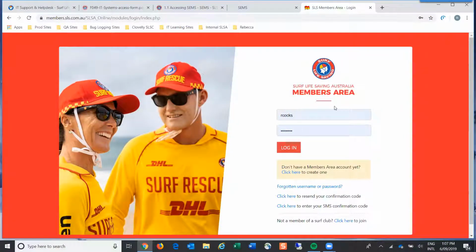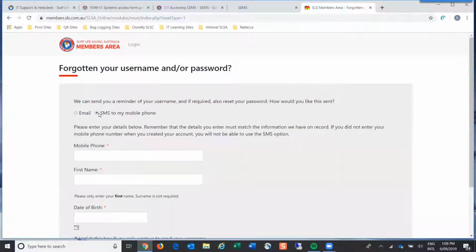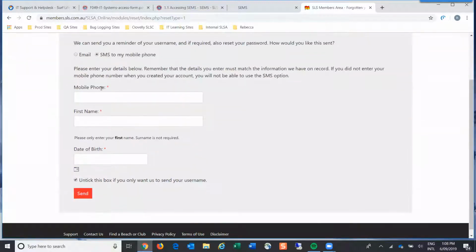Now, if you can't remember your members area login, you can ask for a reset of your username or password. Please note, when you are asking for a forgotten username or password, it gives you the option to have it sent by email or SMS, and in both instances it will ask for either your mobile or your email, and it only asks you for your first name.